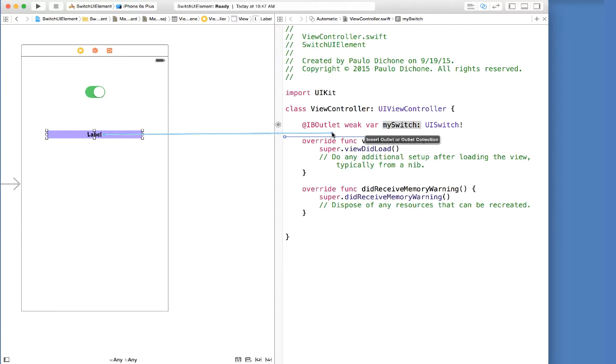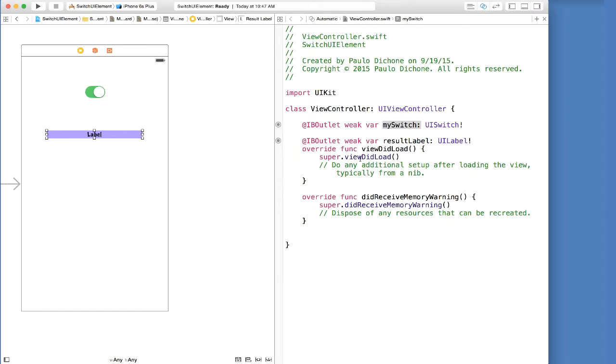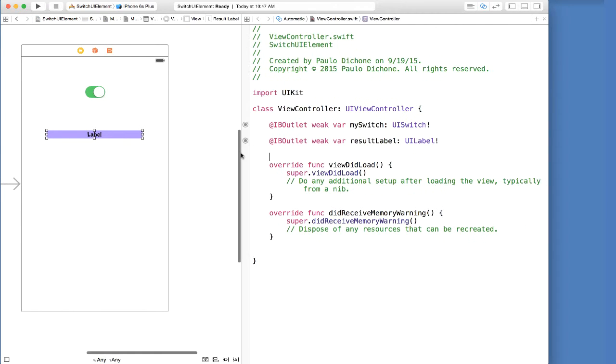So control-drag and drop there. Call it resultLabel. Let's say connect. Okay, so we have that. Another thing you notice here, if you hover over these icons, it right away indicates our connection. So we have mySwitch, that's our connection here, and we have resultLabel, which is our other connection for our label. That's very handy.